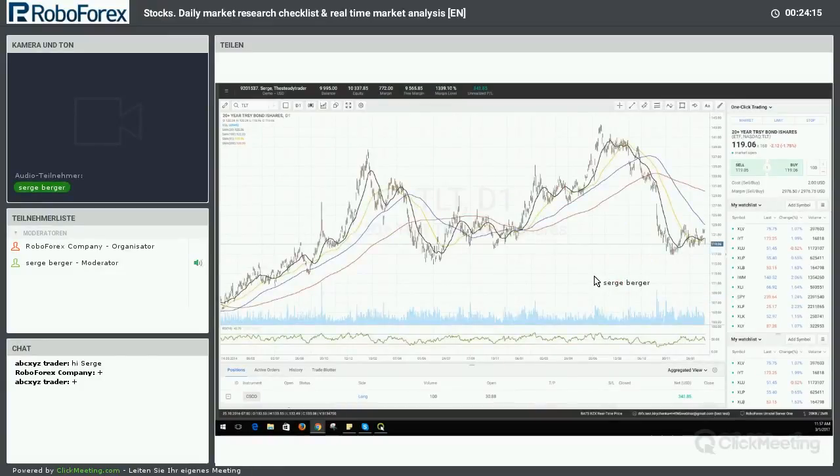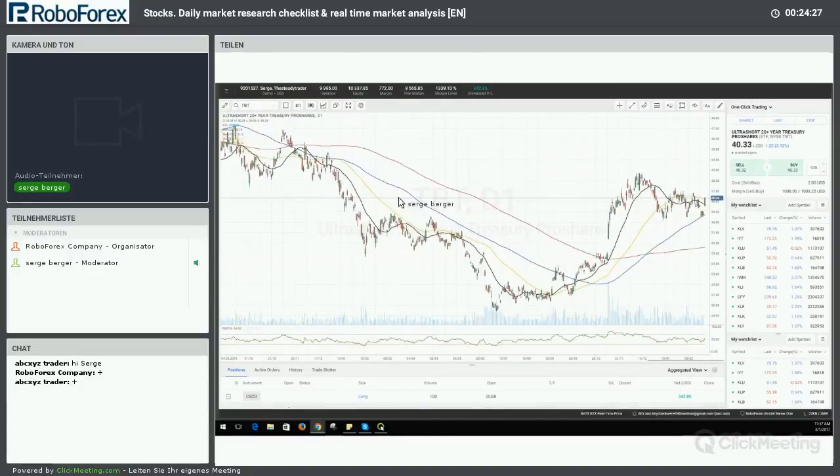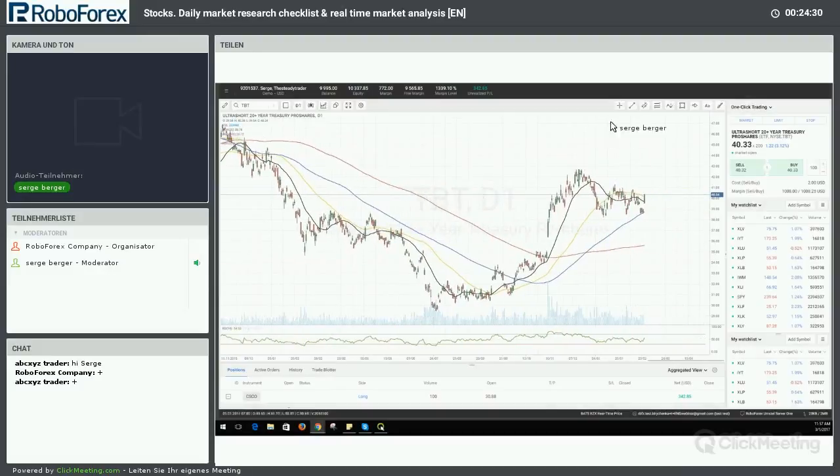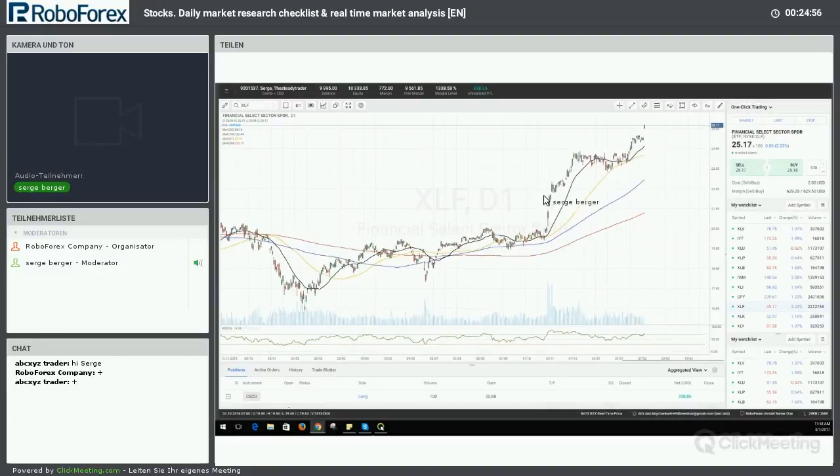Okay, so let's actually do a little bit of an analysis, and it doesn't matter whether we look at TLT or we look at TBT, but just for argument's sake, let's look at TBT and kind of realize where we might be. I've talked about this for the most part of the past 3 months, and what I see here is a continuing consolidation phase here in bond prices, which looks something like this. And we are seeing today bond yields, this is yields, starting to move higher and potentially start breaking out, which is also not surprising then why we would see the financial stocks, the XLF, start to have such a big move higher.